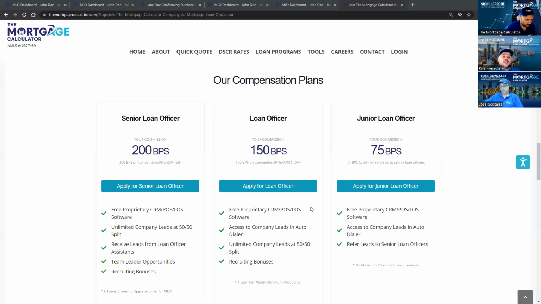But once you sign that initial agreement, that's what kicks off the next steps in the process for us to get the full employment agreements from you, your employment IDs, sponsor your license, and all that kind of good stuff. So the first step is to sign up at themortgagecalculator.com/join, apply for the applicable plan, and then sign that initial agreement. That will kick off the rest of the next steps.